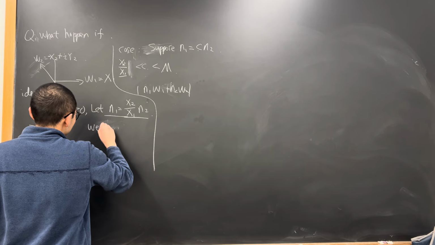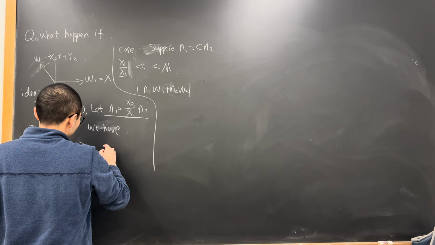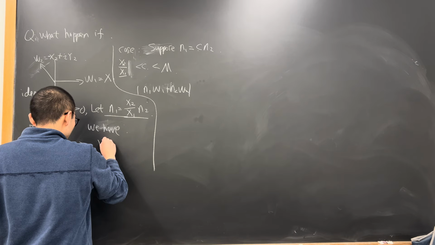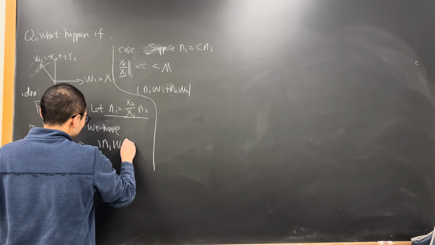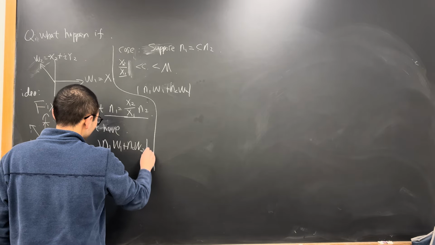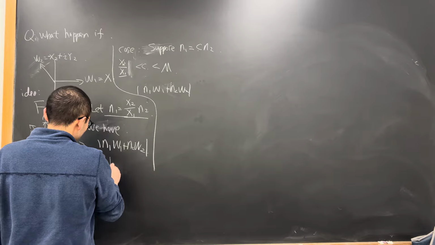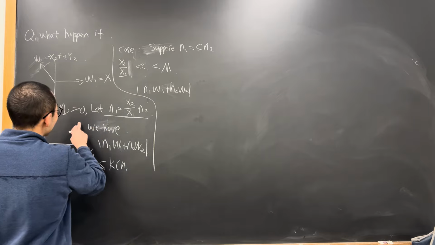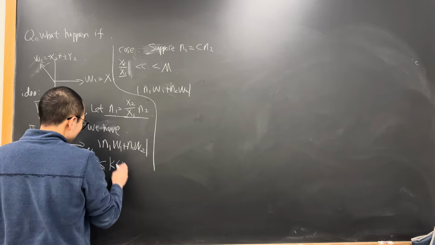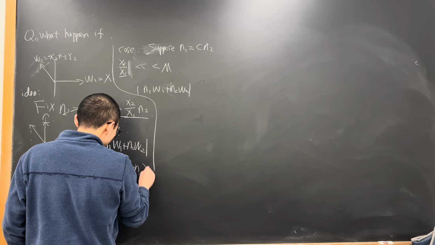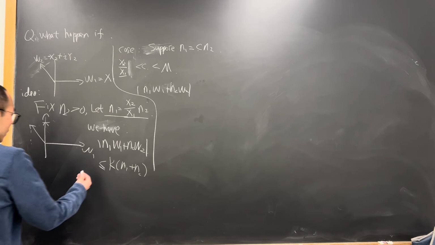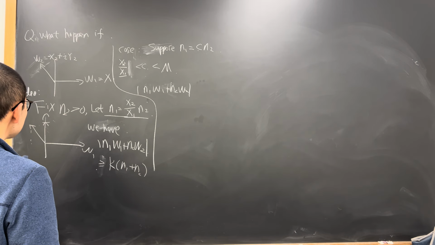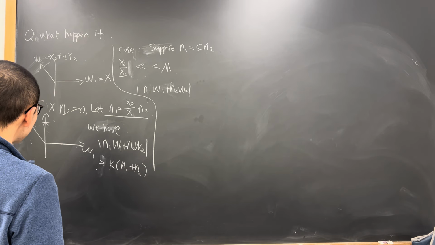we have the modulus of N1 omega 1 plus N2 omega 2 is less than or equal to some K, which we have already figured out, right? And this N2 is definitely positive. We have already figured that out. So now, if you keep increasing N1,